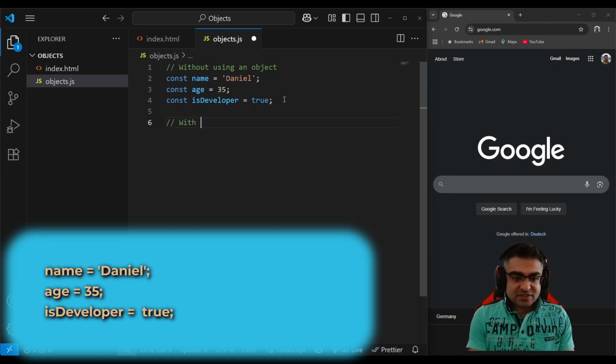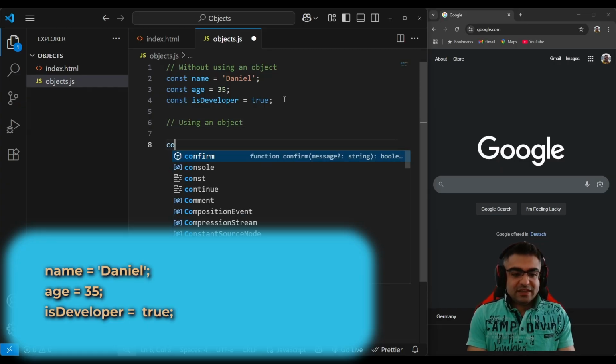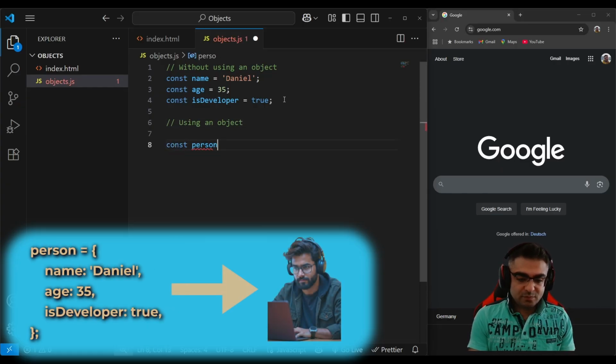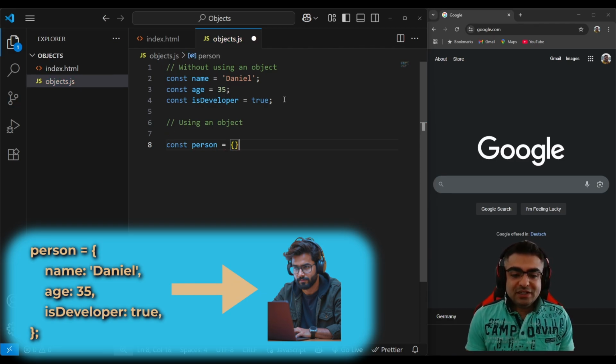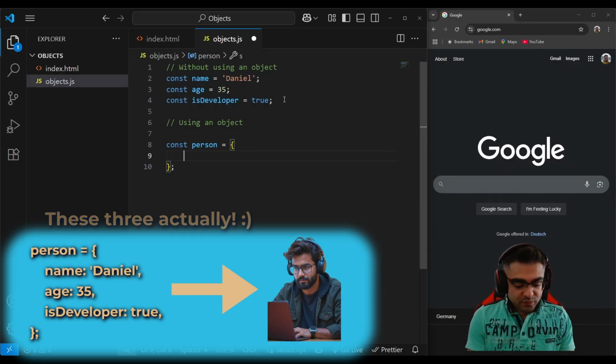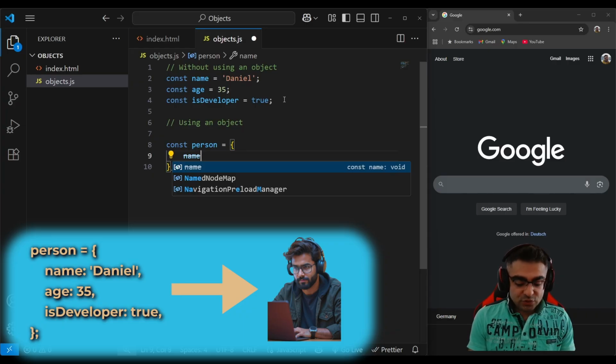But when we use objects, we can declare a variable, for example, person, and then using curly braces and a collection of key value pairs, we can define the exact same thing, but this time there's a connection between these because they're all related to the same person. So your name, and then use colon,